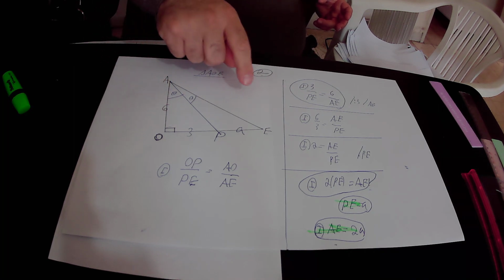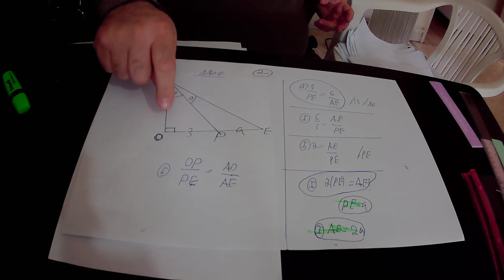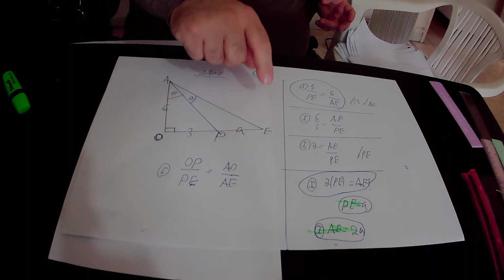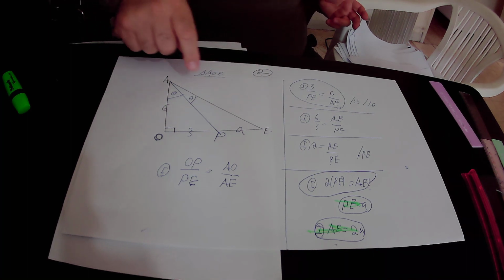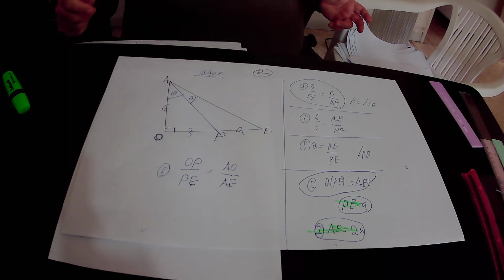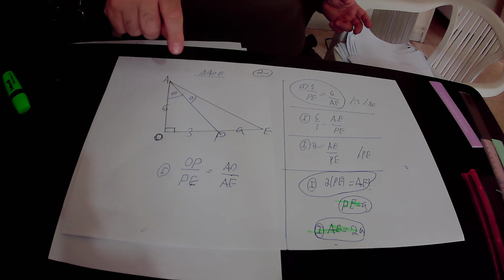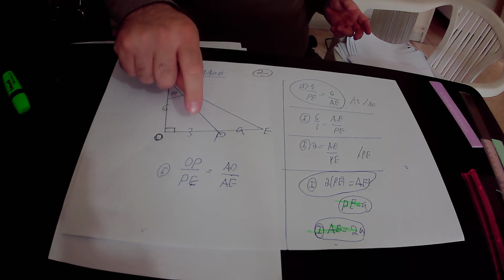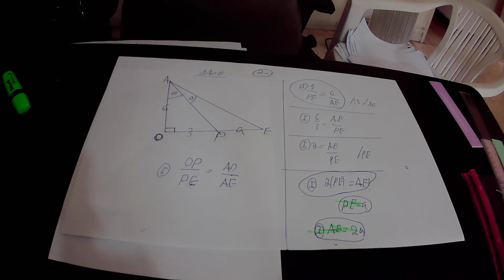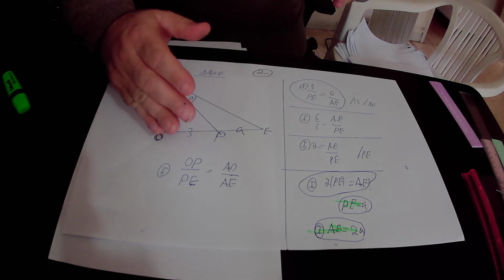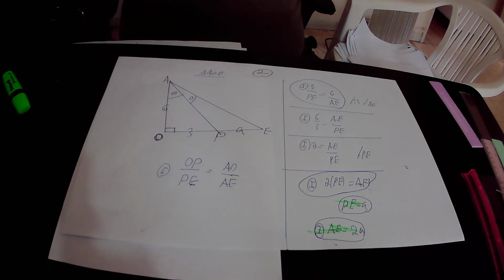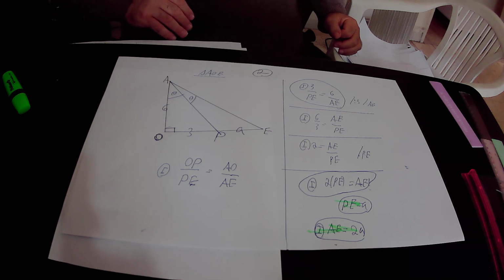Angle OAE has 2 legs. The first leg is AO and the second leg is AE, and the ratio between those 2 legs is AO over AE. That ratio equals the ratio in which angle bisector AP divides side OE, which is OP over PE. That is to say, those 2 ratios are equal to each other: OP over PE equals AO over AE. Okay, here